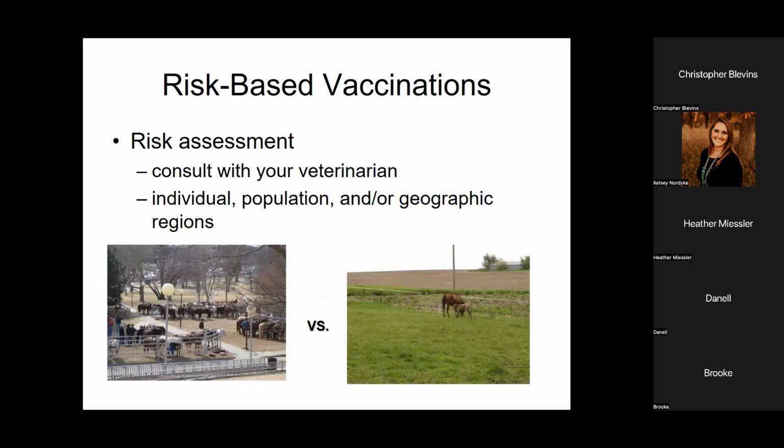And with that, we'll get into risk-based vaccines. Anything else I discuss is going to be based on risk. It doesn't necessarily mean that every horse needs to be vaccinated for these other diseases we're going to talk about, but it's sure something you've probably heard of. Consult your veterinarian when it comes to the rest of these vaccines,